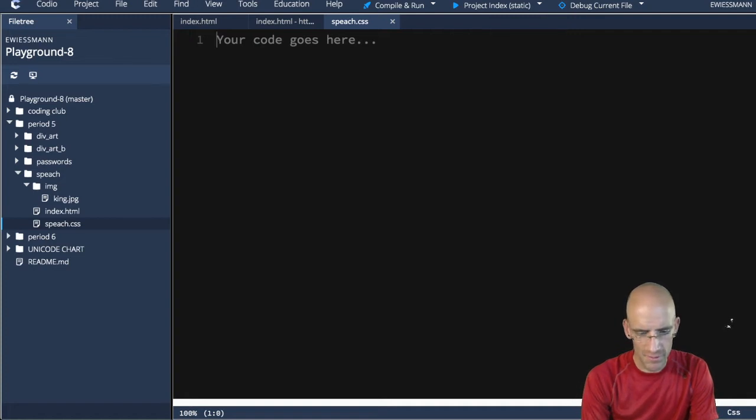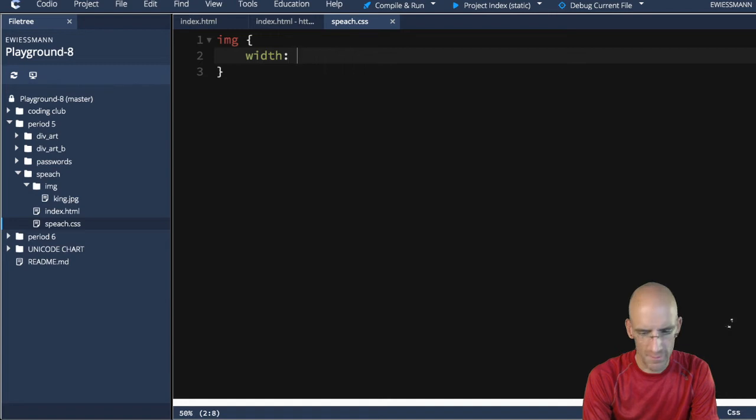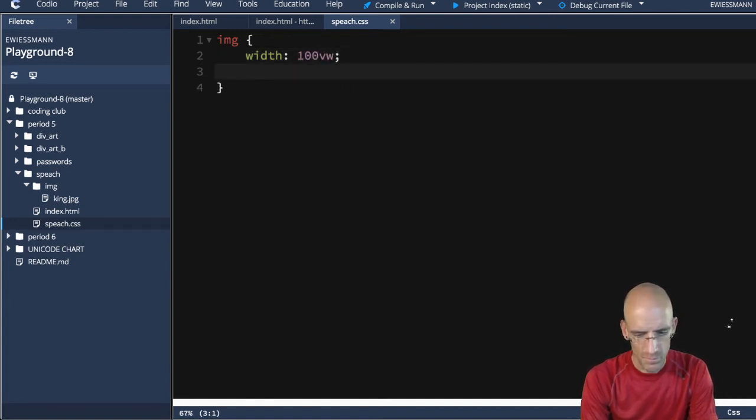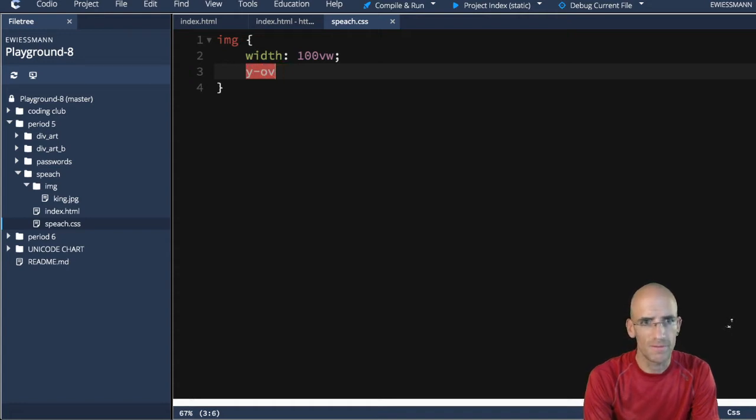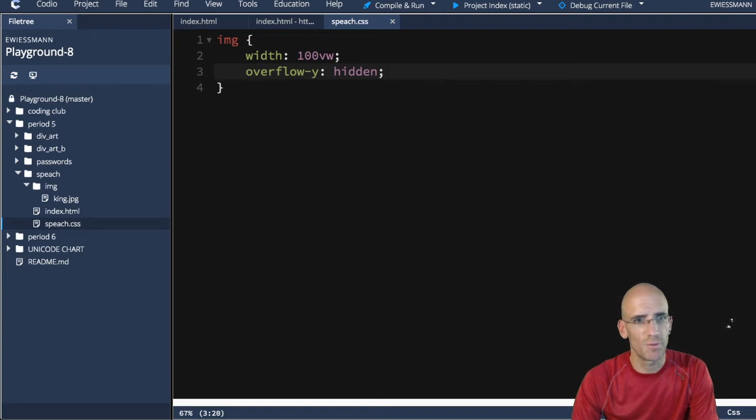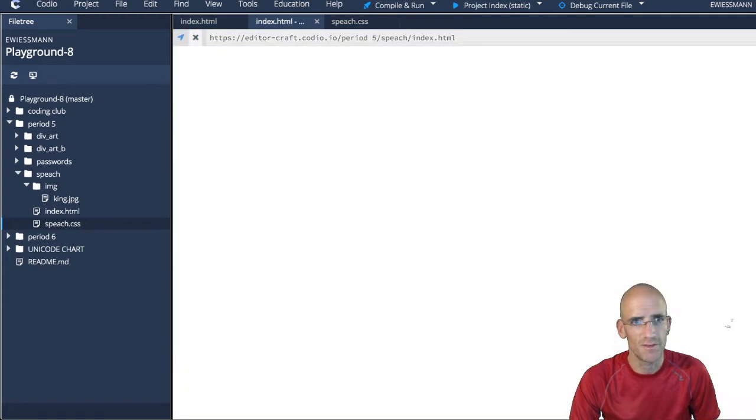And now what I'm going to do is say I want the image to be width 100 VW, and I want overflow Y to be hidden. And what that does is it makes this full screen in the width, and if we make the page narrower, it's not going to scroll. It's just going to be the full page. And so now when I hit refresh,